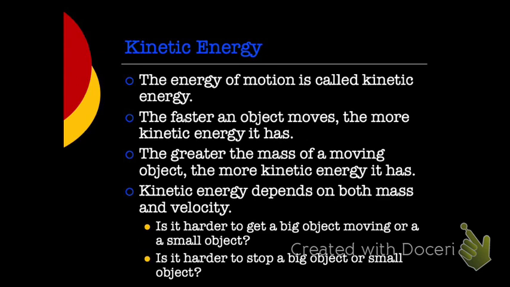So like you're in the car, you've got your seatbelt on. The seatbelt is to keep you stopped if the car stops, right? If you're moving 45 miles an hour because your car is moving 45 miles an hour and your car stops, you want to keep moving forward, right? Your body resists change. So your seatbelt is there to keep you safe. But the same thing works for starting and stopping big objects.